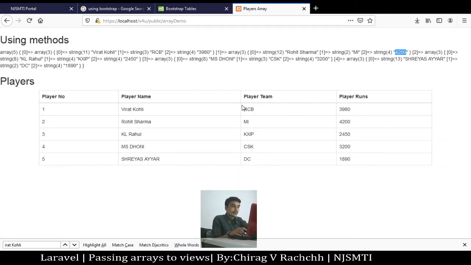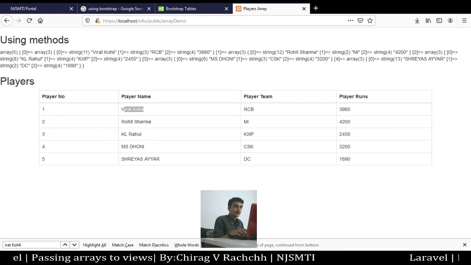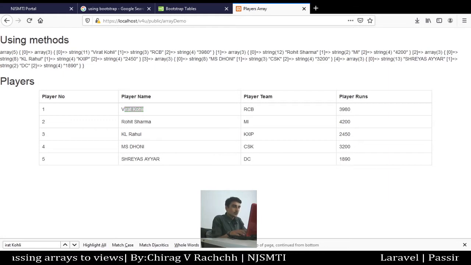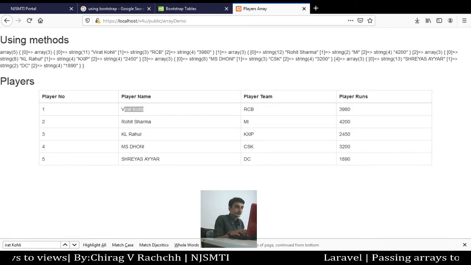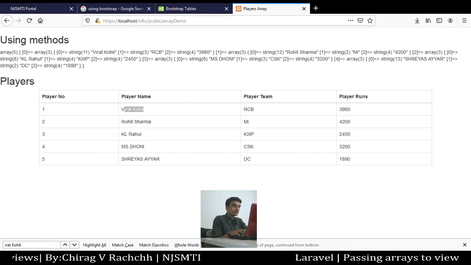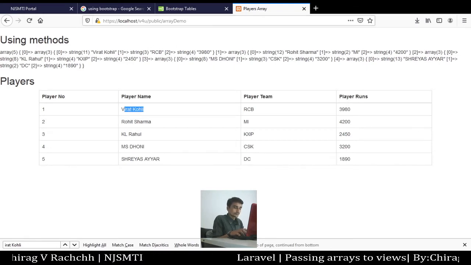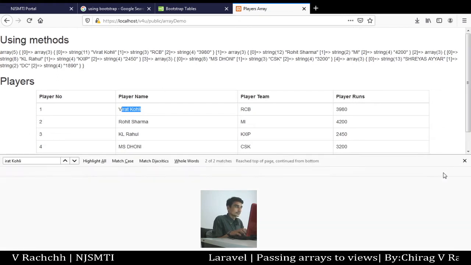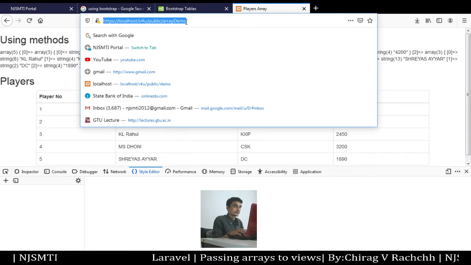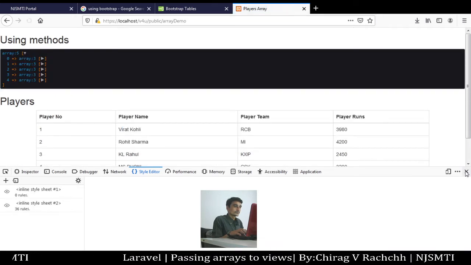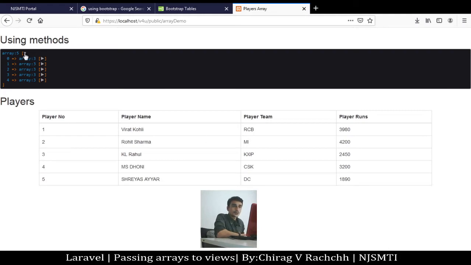Similarly, there is another way for displaying an array, that is only dumping the array. Okay, we can have just dump $p. You can see that the entire array is shown here.